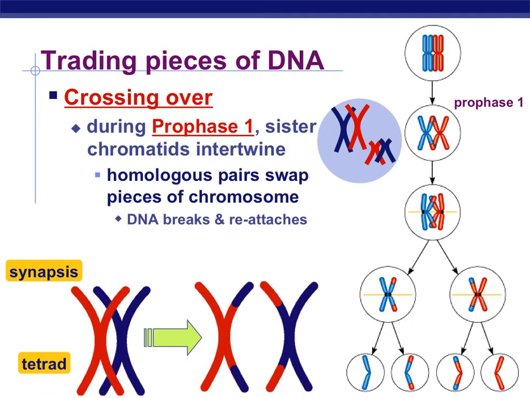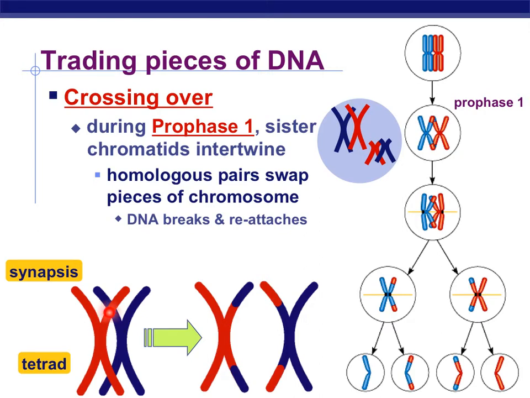An extremely important part of meiosis is a concept called crossing over, and we'll look at this in more detail, of course. But in meiosis, when chromosomes are going to be next to each other, when they're going to have a tetrad, early in meiosis, in prophase 1, these may not all be lined up in the middle of the cell, but the homologous chromosome pairs are going to be next to each other.